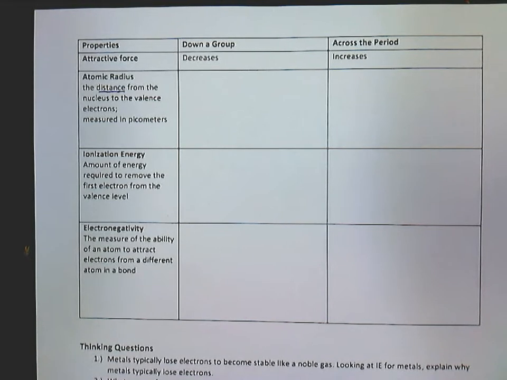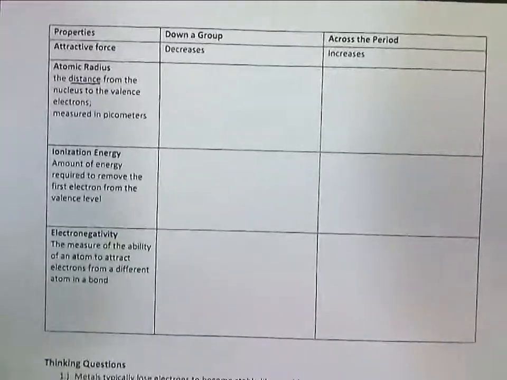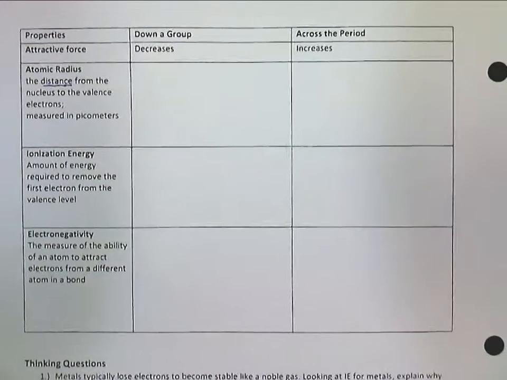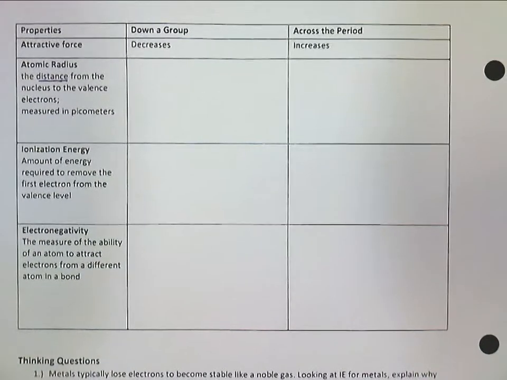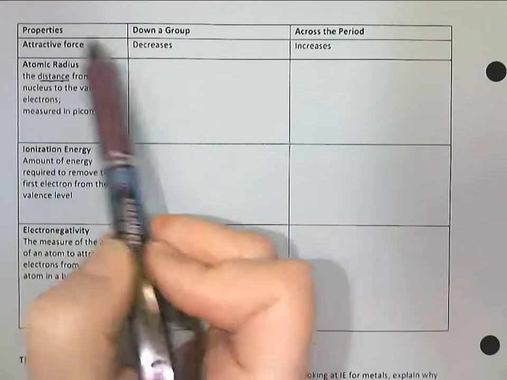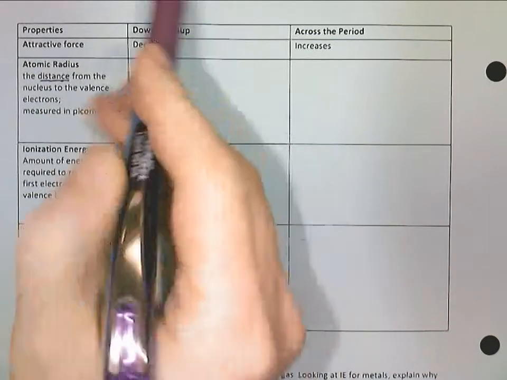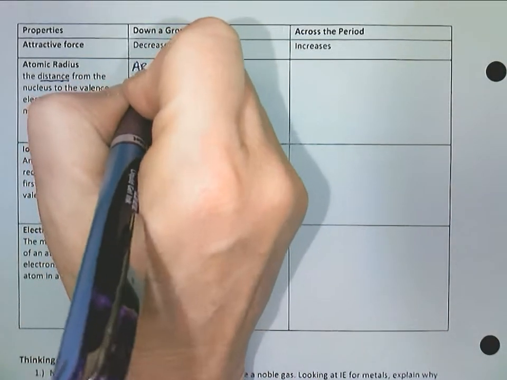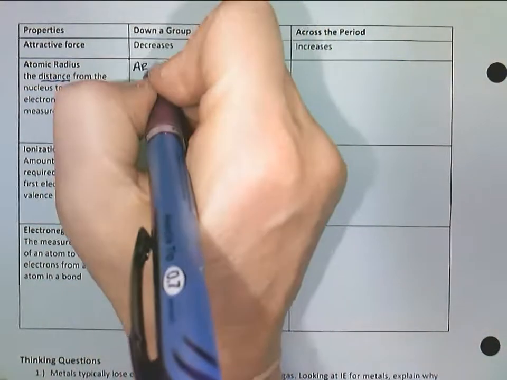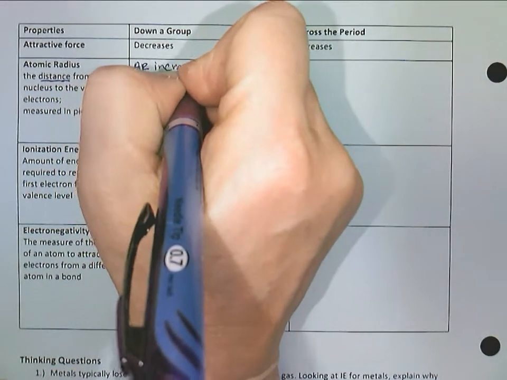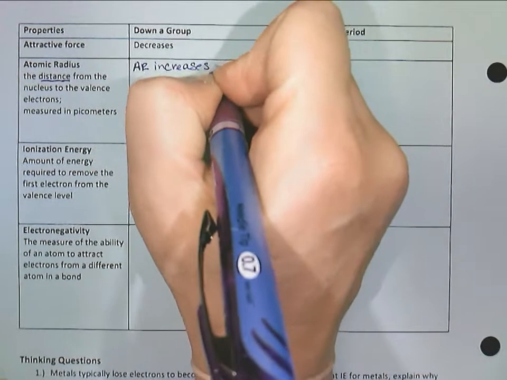It's measured in picometers, which is smaller than the atom, so it's small. So as we go down the group, the attractive force, we said, decreases. So AR stands for atomic radius, and the AR will increase down a group